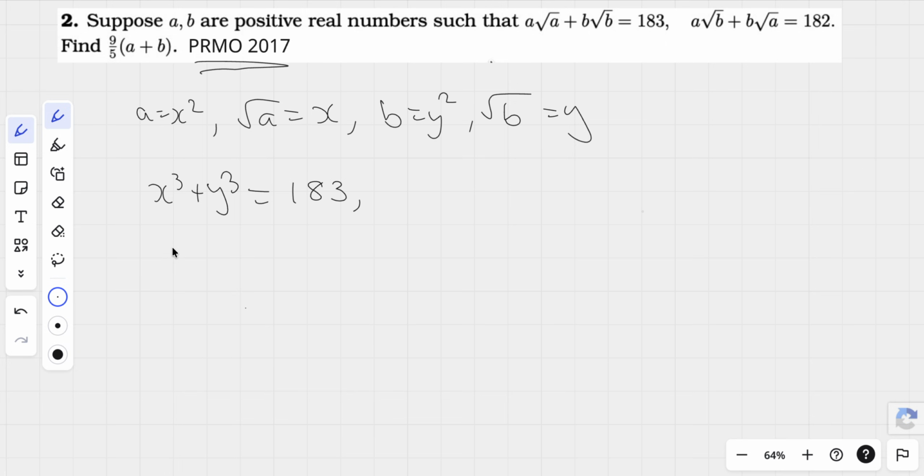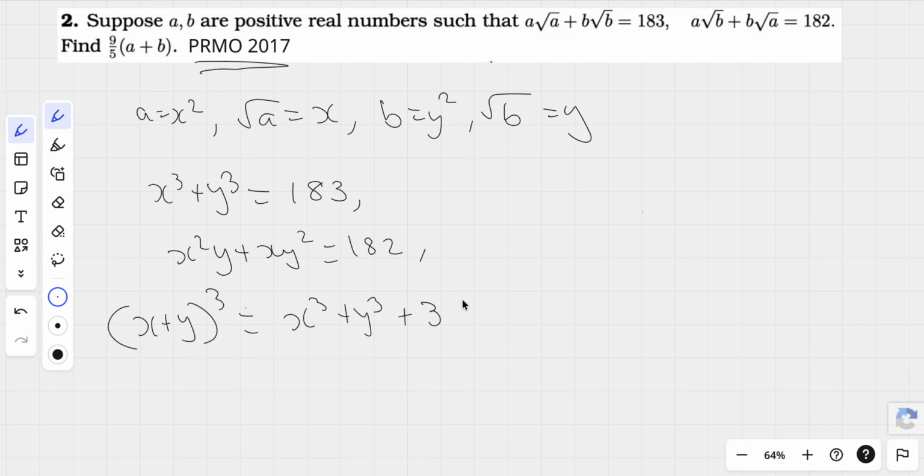And what else can we conclude? We can also say x squared y plus x y squared is equal to 182. Great, now we have just transformed this a bit. Something looks familiar here. I see the (a plus b) whole cube identity. So I'm just going to write this as (x plus y) whole cube is equal to x cube plus y cube,